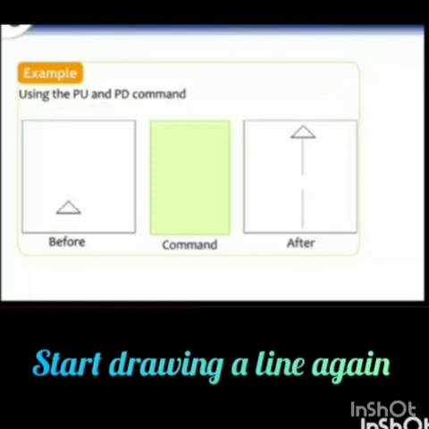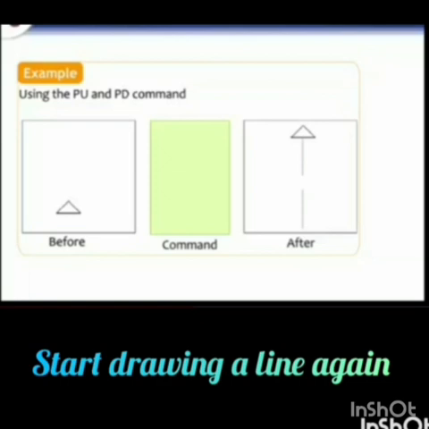PD command followed by the FD primitive. For example, forward 50, then we give the PU command, then once again forward 50, then the PD command, which means pen down, and once again FD 50.